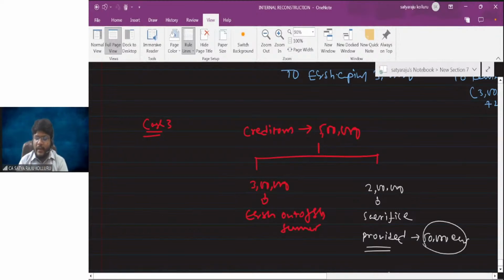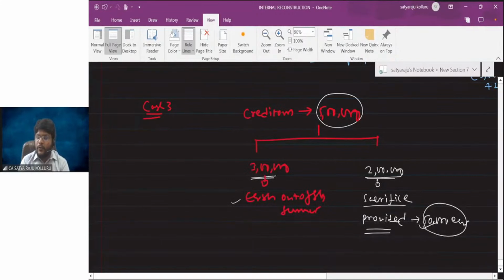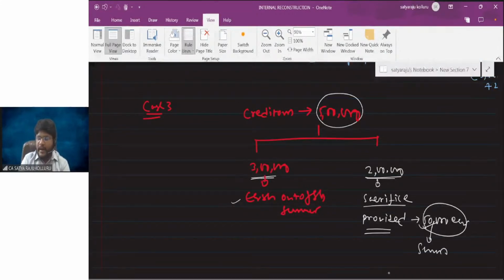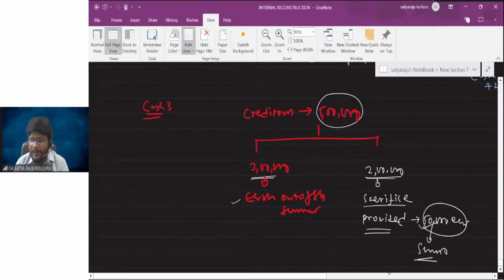Once again, I'll tell you the case. The total creditors balance is 5 lakhs, out of which for 3 lakhs we are issuing equity shares by utilization of share surrender. For the remaining 2 lakhs, they're straight away sacrificing. But as a result of the sacrifice, they are expecting 50,000 worth of equity shares, and our company is going to issue those by utilizing the share surrender account only. Now, how to provide the accounting treatment for this situation?